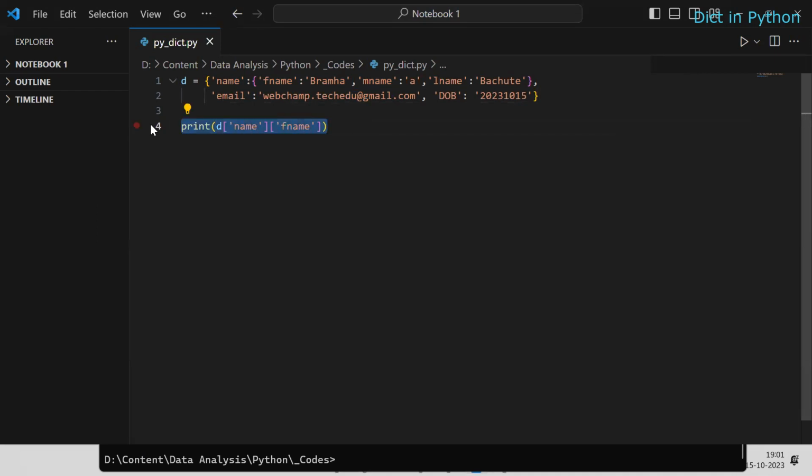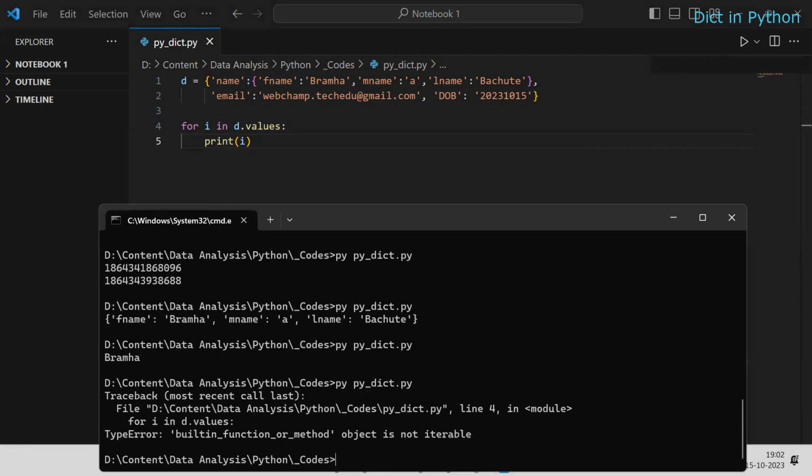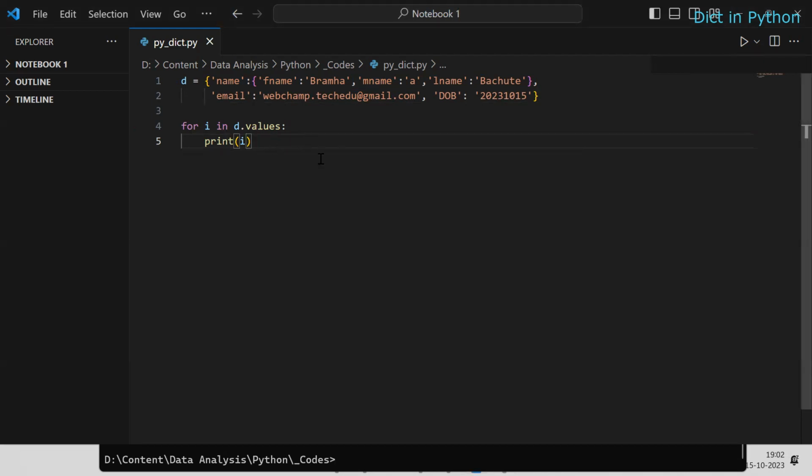Even if you want to apply a loop, how will you apply it? Obviously, if I say for i in D, this is going to return the keys. If you want to get the values, I will say D.values. Then I would like to check the data type, because if it is a dictionary, I need to apply another loop. So i is going to contain the values, and if I print i, you will see that it prints one dictionary also. If I run this, print i,